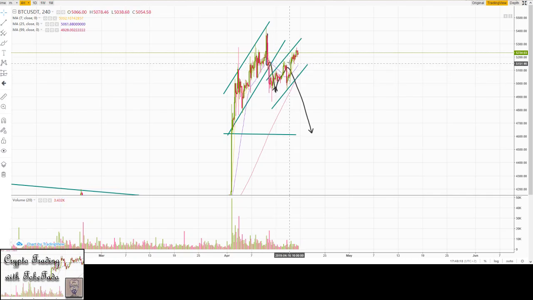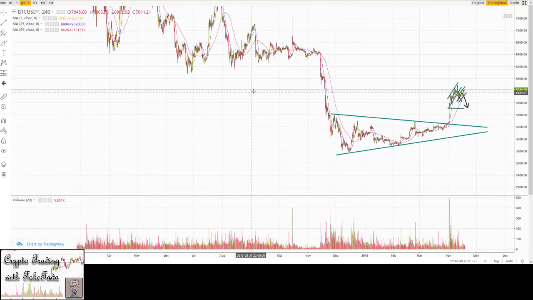the price has been moving again fairly linearly within these boundaries upward, now reaching about 5,230, and you can see that in some videos ago I drew in the rough projection of where I was thinking the price was going to go, and the first correction was very successful, and here we can still see what is going to happen. I'm still thinking that we're going to see a correction going back down to about 4,600. And the reason behind this is, if we're looking at the bigger picture here,